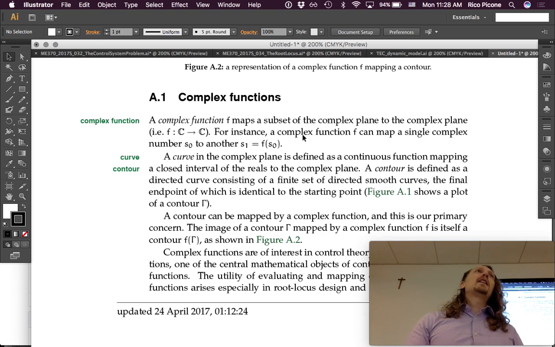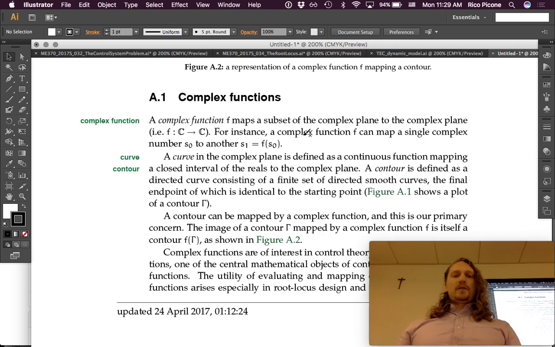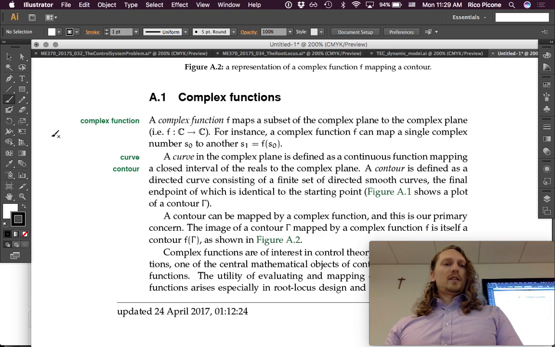You guys have seen complex functions before. For instance, what about the function